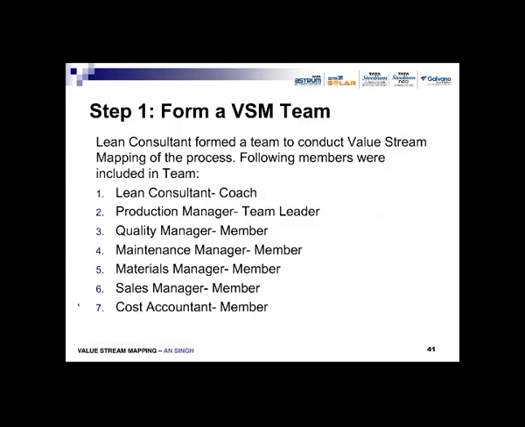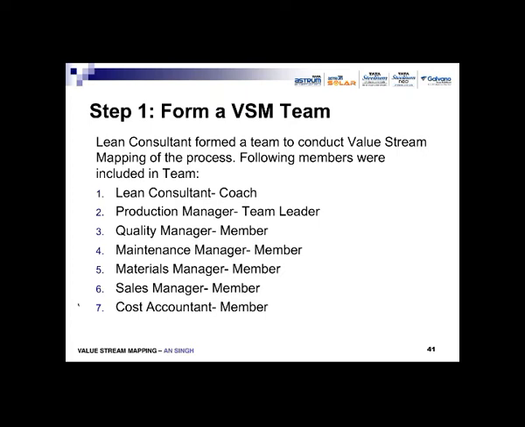Then after that, the consultant, as a first step, forms a value stream mapping team to conduct value stream mapping of the process. The following members were included in the team. First, the lean consultant was the coach, guiding the team to map the value stream. Then the production manager or the production engineer becomes the team leader because he is operating all the processes. Then the quality manager, maintenance manager, materials manager, sales manager, cost accountant, because all these are involved in the value stream